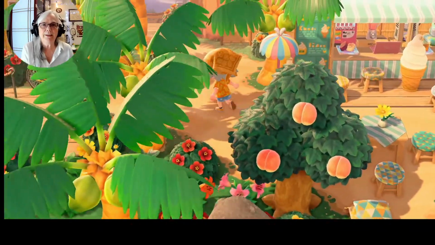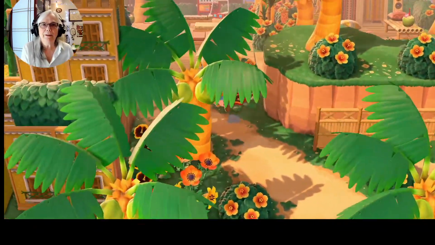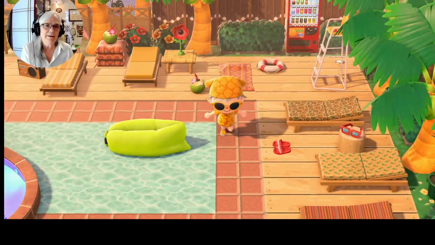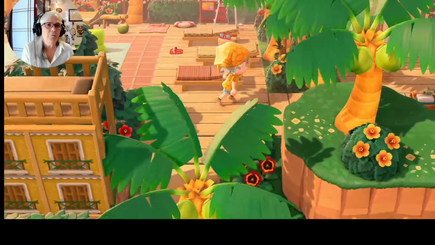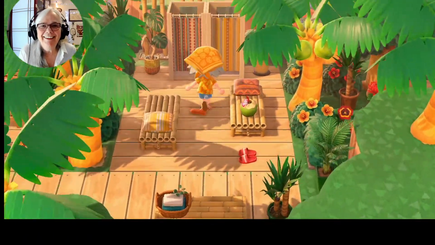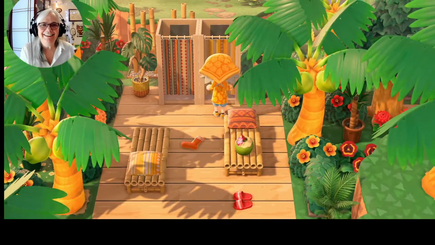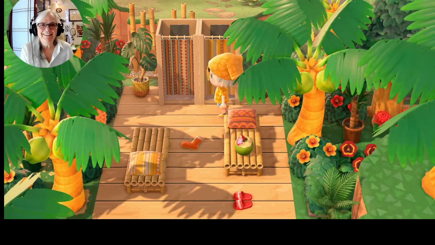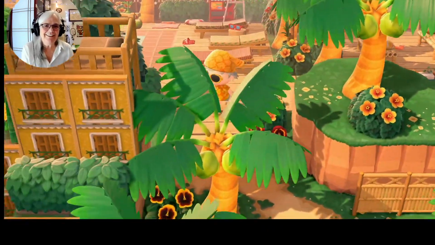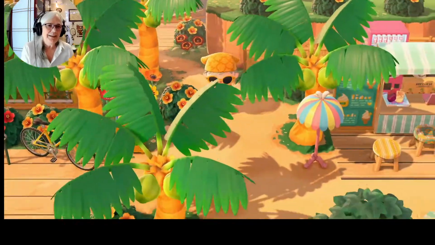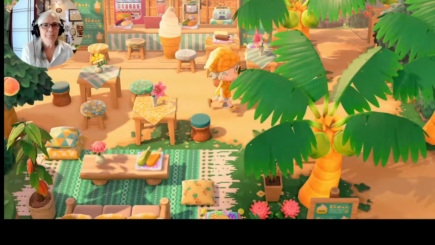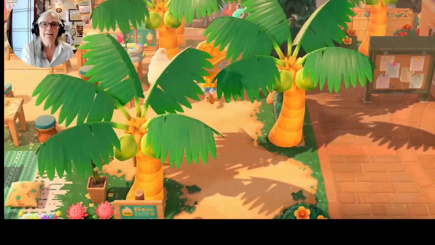So very sweet. And now over here is the pool again. This is where we started, so we will just keep wandering. Oh, look, changing. What is that? I've never seen that. It's obviously a changing area. Okay, so we'll go through the ice cream bar. We've been to the tiki bar. So let's climb over here and see what we can find.